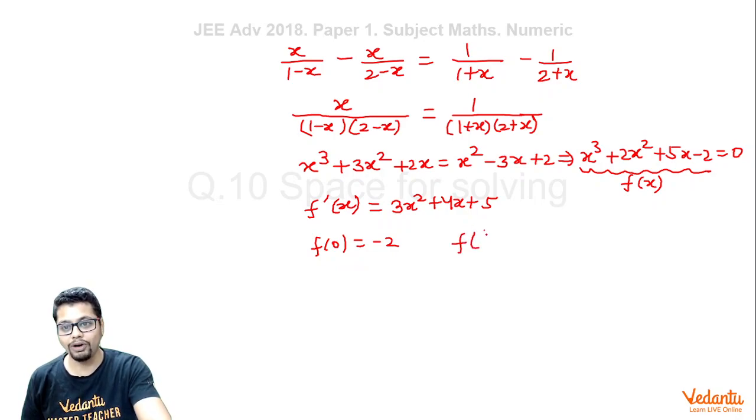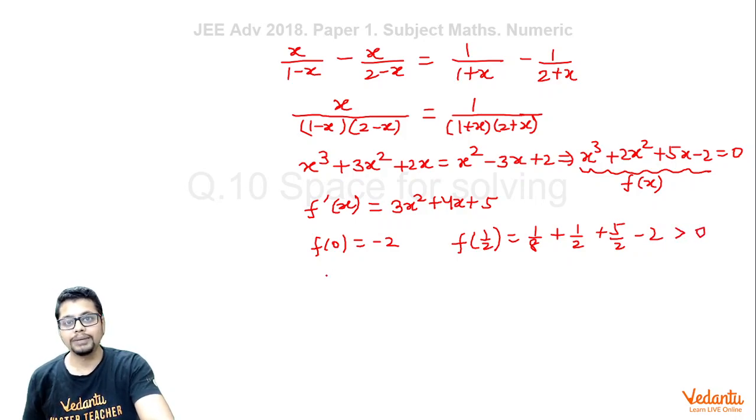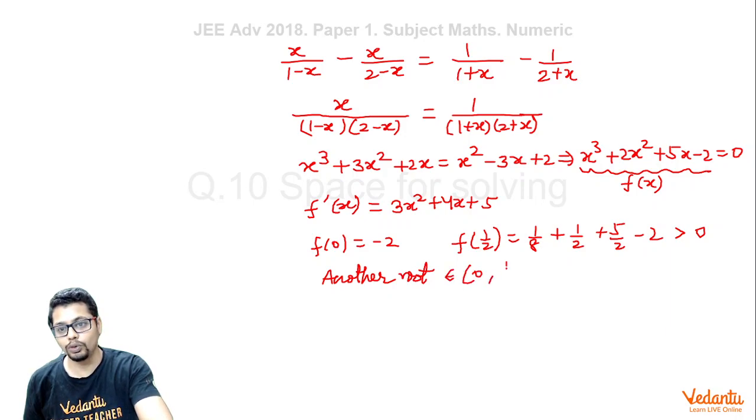So what about f of half? So basically it becomes 1 by 8 plus 1 by 2 plus 5 by 2 minus 2. And if you see carefully, it's definitely clearly positive. So that means I have got another root which strictly lies in this interval 0 open to half open, and the first root that I had got was x equal to 0. So that means they are definitely two distinct roots. So I may expect the answer to be 2, but I should check whether the value when x is between